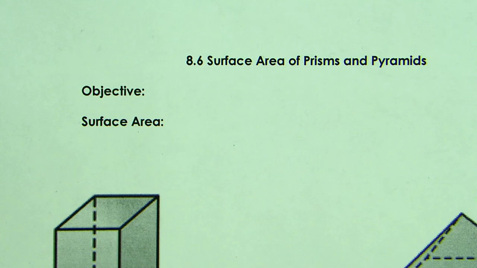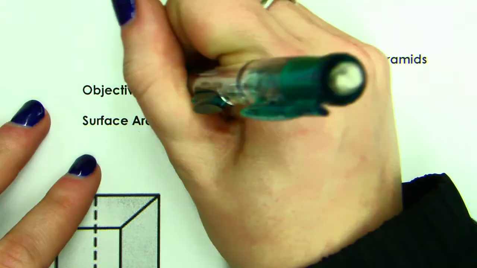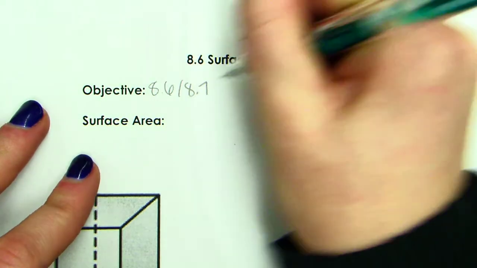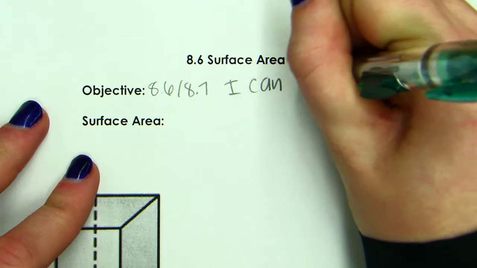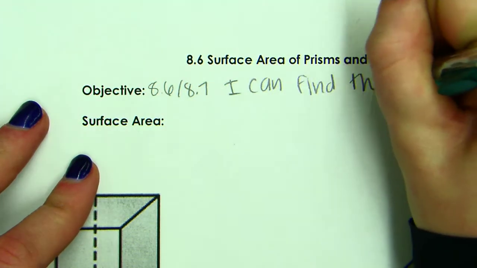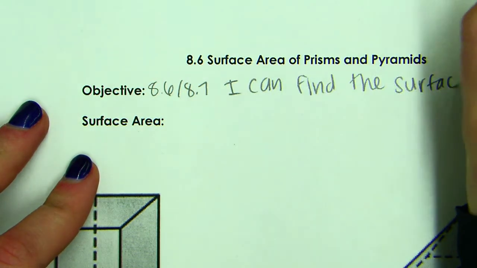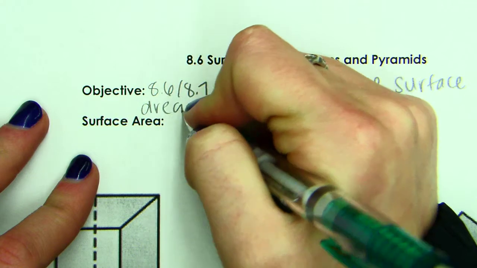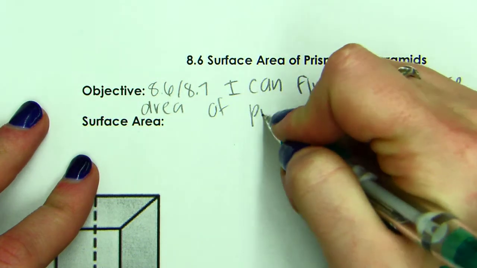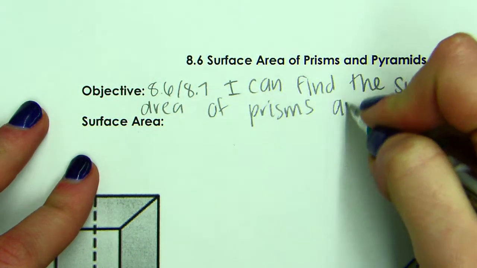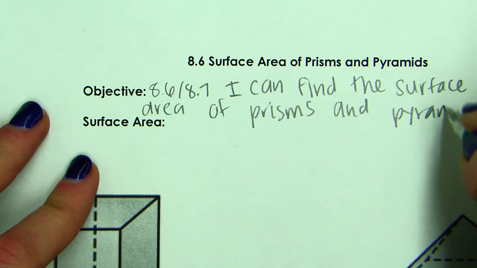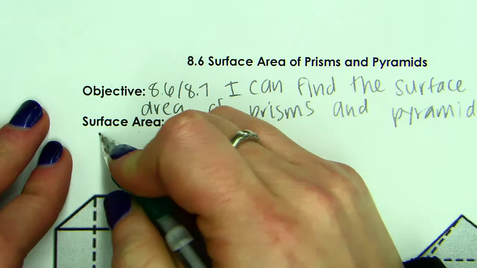8.6 surface area of prisms and pyramids, but it's really 8.6 and 8.7. So I can find the surface area of prisms and pyramids. And the definition of surface area is just the sum